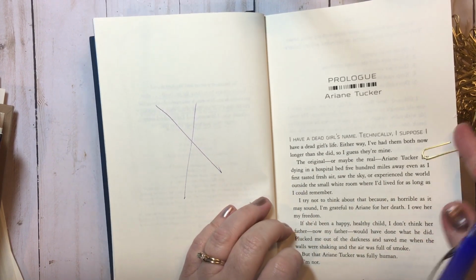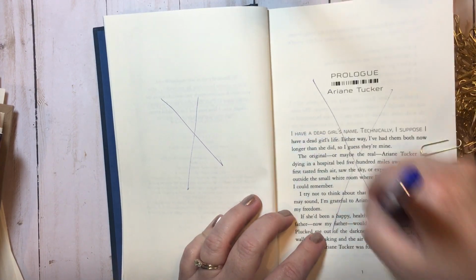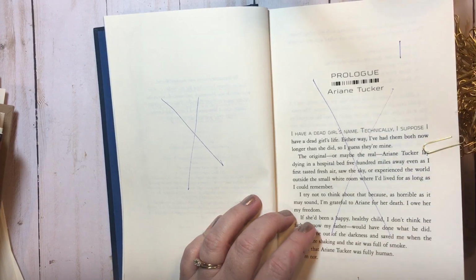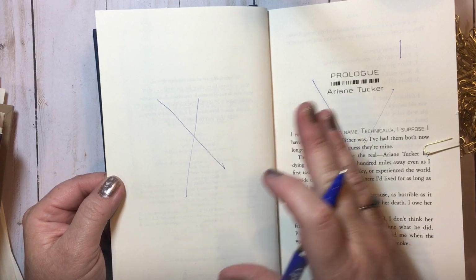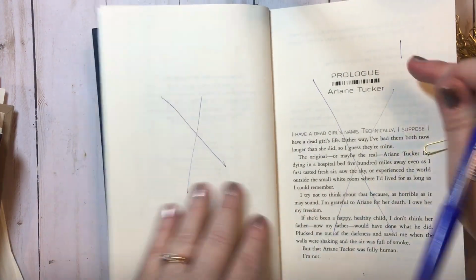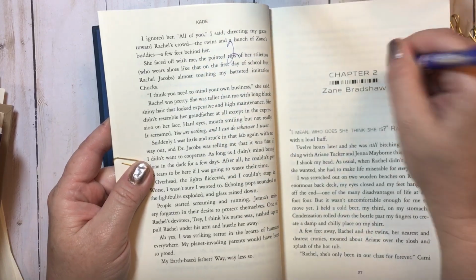So I'm going to go ahead and go through here and number my pages. And I'm going to mark this because I don't want to rip this first page out. I'm going to call this 1. And I'm not counting this front one here. You could if you like. I'm not. Again, it's your book. Do it how you like. So I did not count this as my first one because these two are kind of title pages, if you will. So I'm going to start counting: 1, 2, 3,